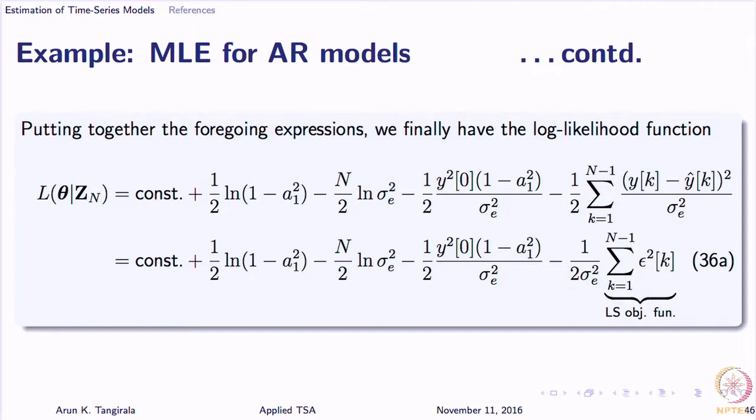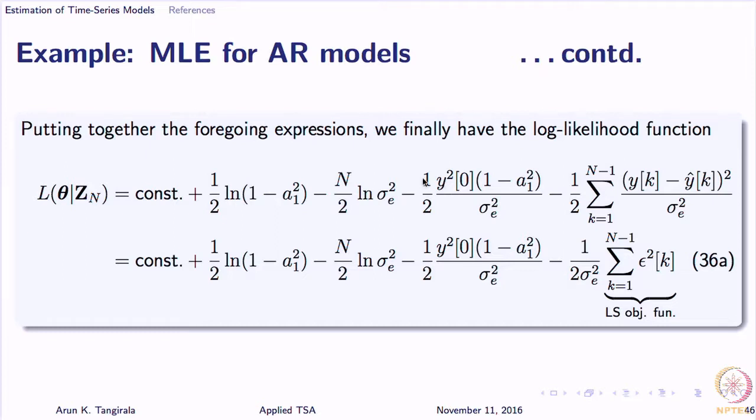So, uncertainty in y0. MLE is taking into account the fact that your first observation is also uncertain. Least squares like methods completely freeze it. They say everything is conditioned on those initial observations. So if your initial observations have gone for a toss, then your least squares method can give you poor results, whereas MLE will take care of that.